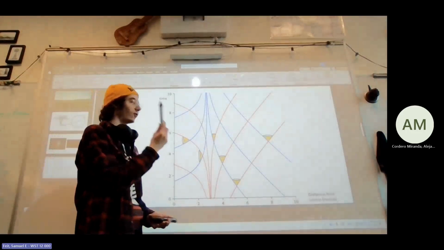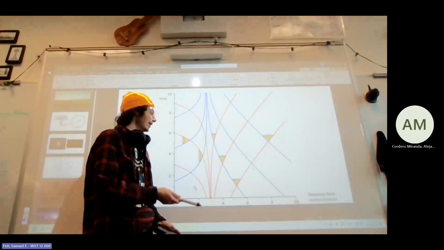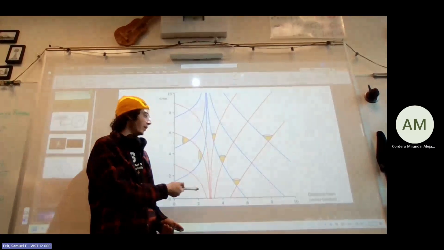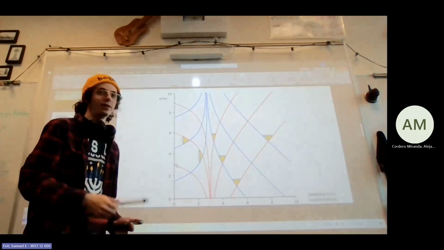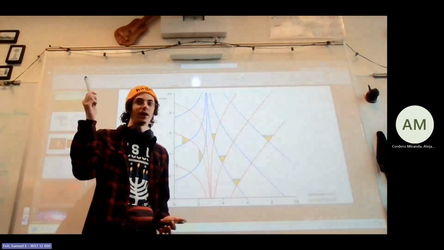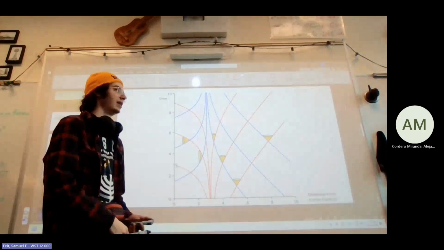This is a fraudulent diagram. It's correct, but it explains it in a way that doesn't really make sense intuitively. So did I talk about light cones already or no? No, I need the lectures. Okay, and so a light cone is